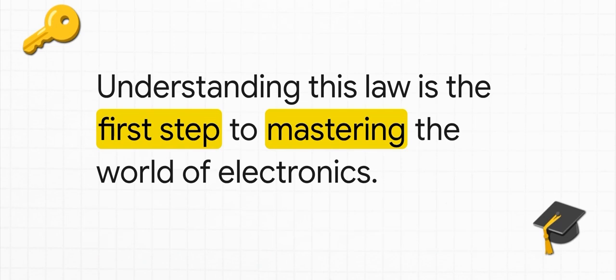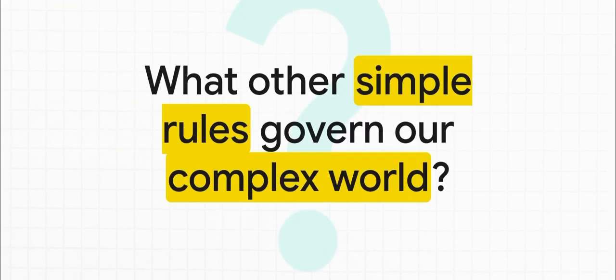So really, what you've learned here isn't just a fact or an answer to a problem, it's a tool. It's the key that starts to unlock all the technology that surrounds us, and it gives you the power to actually understand how it all works. And it really makes you wonder, doesn't it? If a rule this elegant can govern something as complex and powerful as electricity, what other simple